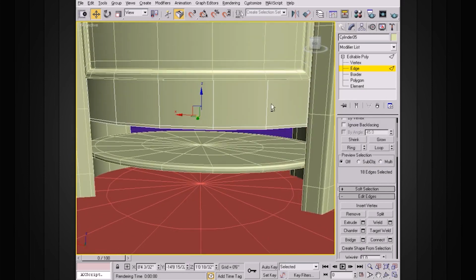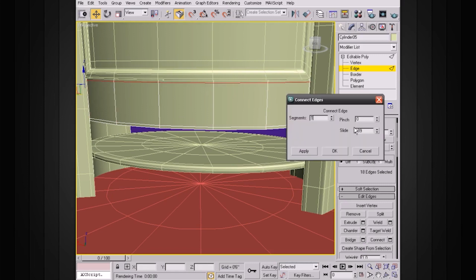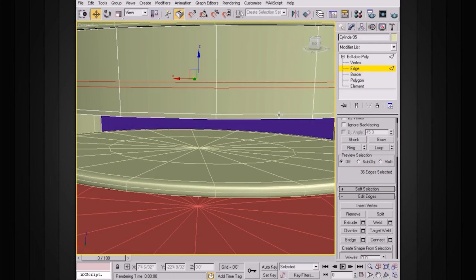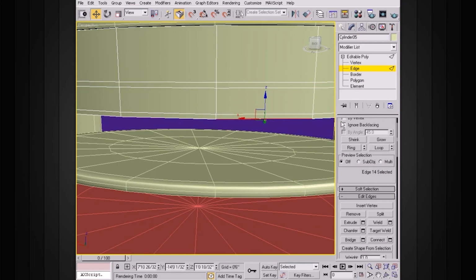Now if we want to add a little bit of detail down here, we can do that as well. So we can select one of these edges, select the ring, add our line where we want that detail to start. Let's go ahead and add 2 and kind of pinch those together and move them down. Okay. And then what we can do is maybe take this loop and this loop